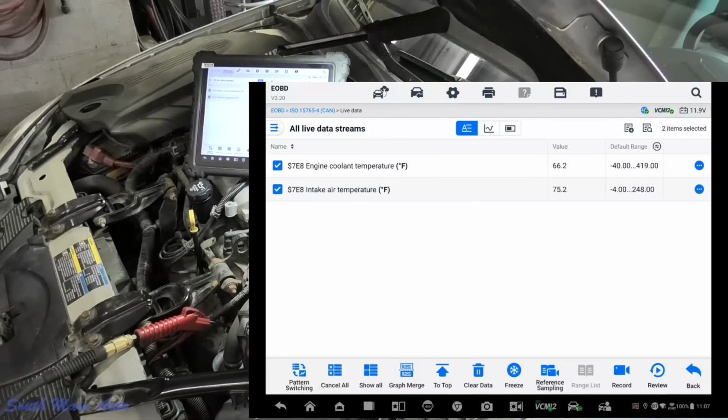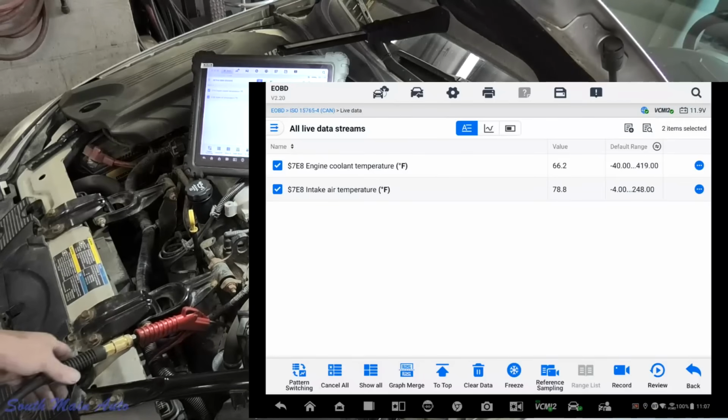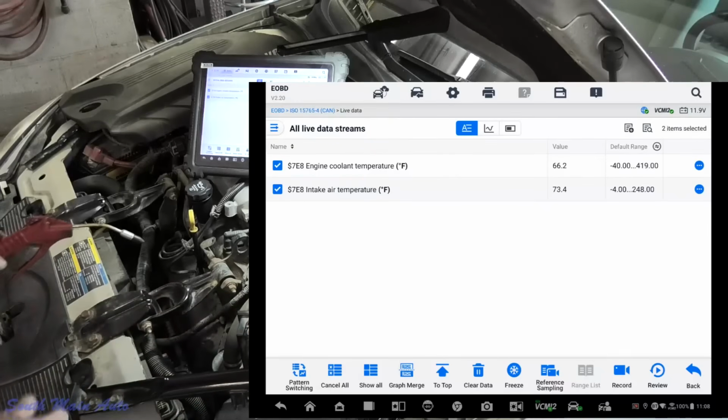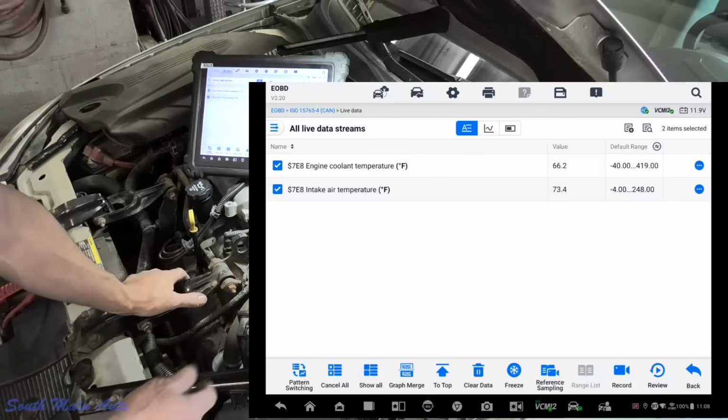Let me shut the key off. All right, I'm going to let this sit a little bit. We're going to make sure that this mass airflow stays cool. And then while I'm waiting, I'm going to look the car over the rest of the way